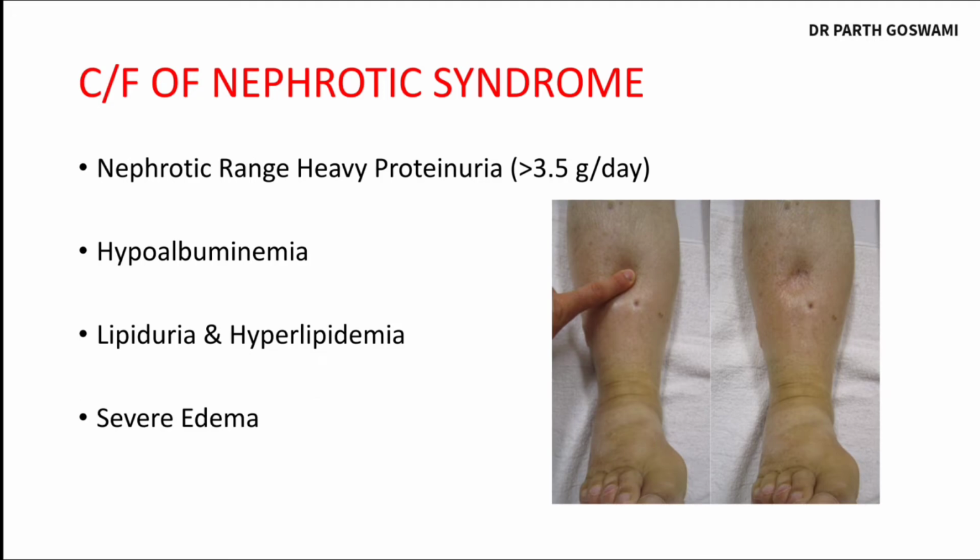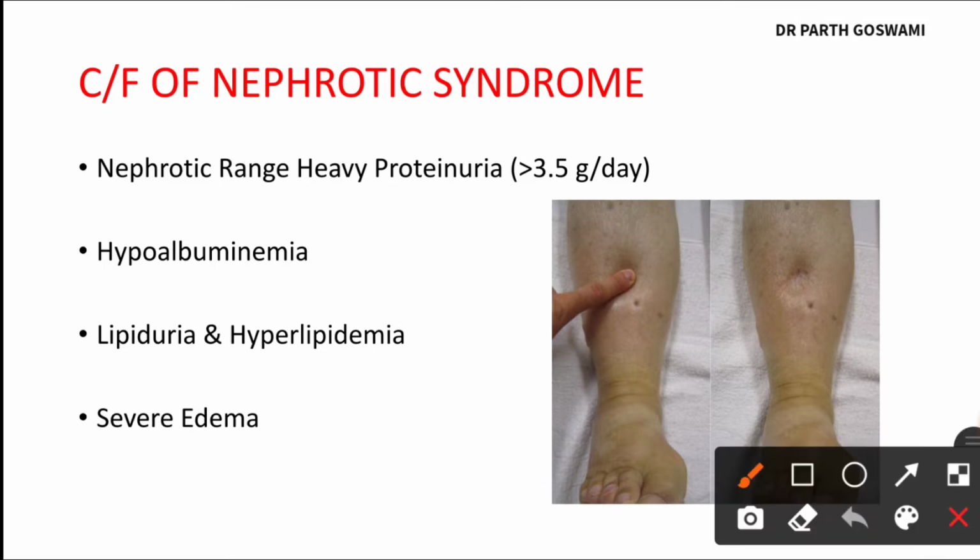Now, what are the clinical features of nephrotic syndrome? The nephrotic syndrome group consists of minimal change disease, membranous nephropathy, and others, all of which are included under nephrotic syndrome. I have already discussed nephrotic syndrome in our previous lecture, but this particular lecture will specifically focus on the clinical features. So in nephrotic syndrome, the glomerular basement membrane damage is severe, and so there will be leakage of low molecular weight protein in the urine initially, and then there will be loss of high molecular weight protein in the urine.